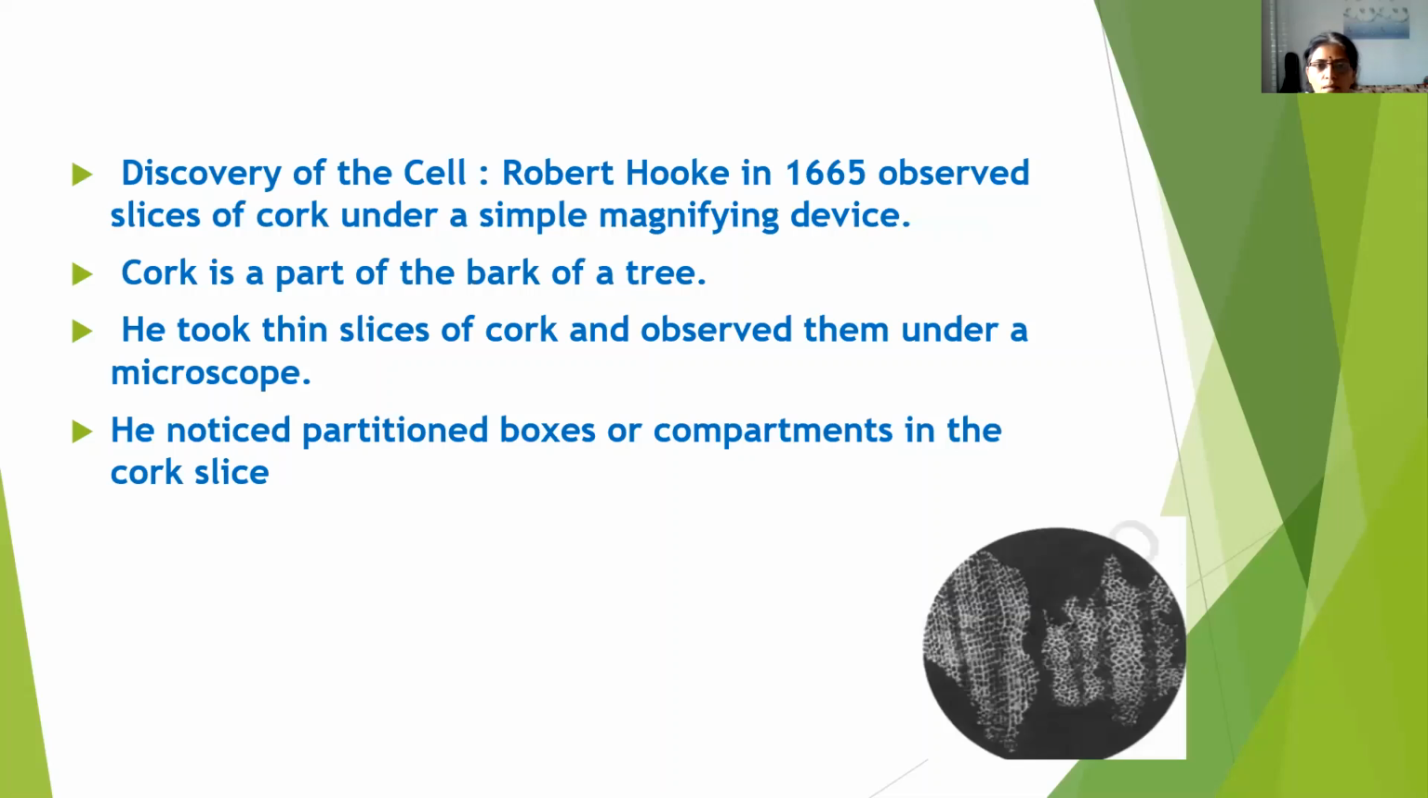Who discovered cell? Scientist Robert Hooke in 1665 discovered cell. How did he discover cell? Robert Hooke, by observing slices of cork under a simple magnifying device. What is cork? Cork is a part of bark of a tree. And how did he discover it? Robert Hooke observed thin slices of cork under a microscope, and he noticed small boxes